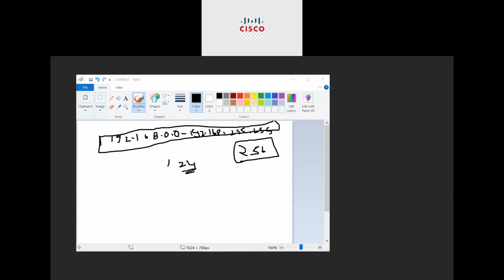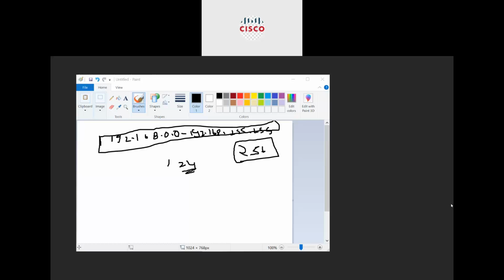Using this concept, we can say that if I divide a network into three parts, now the 256 IP addresses have been divided into three parts. Otherwise, I would use three different class C networks, and I would be wasting IP addresses. That's the requirement of subnetting. Without wasting the IP addresses, I can use the same network by dividing that particular network.